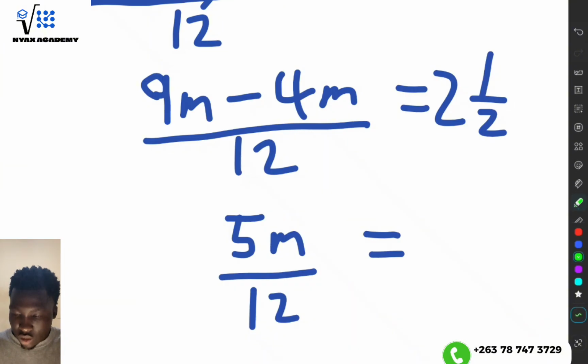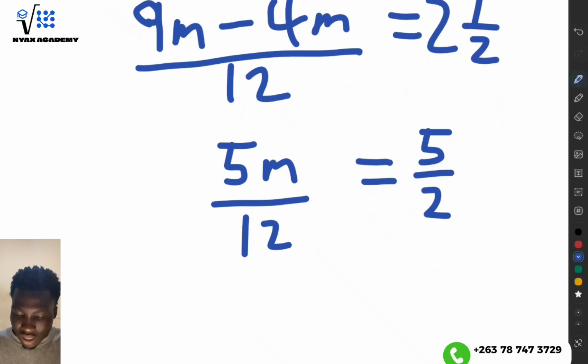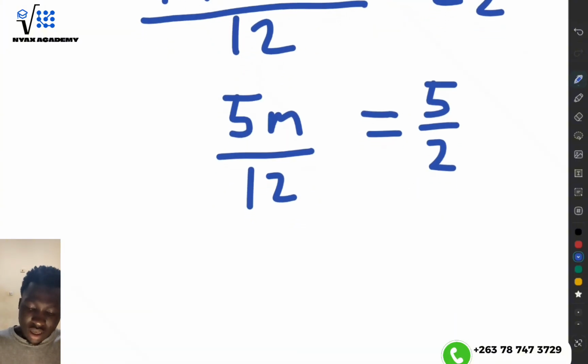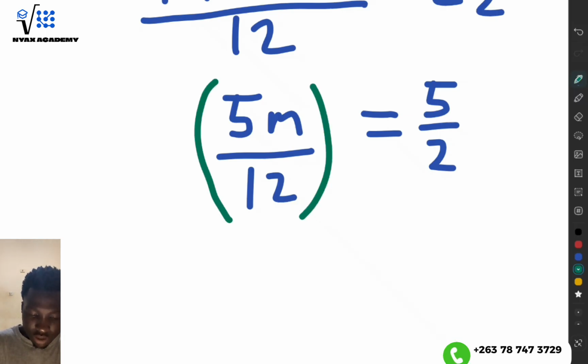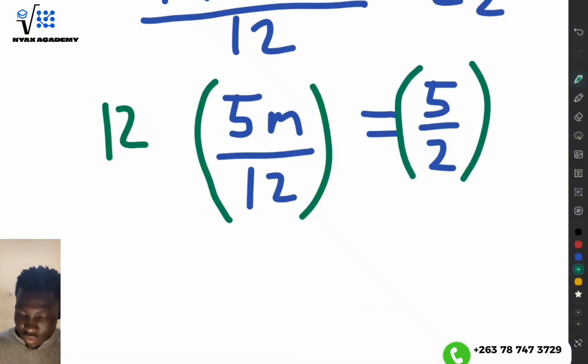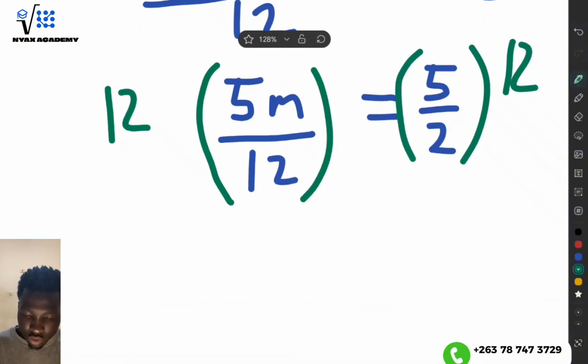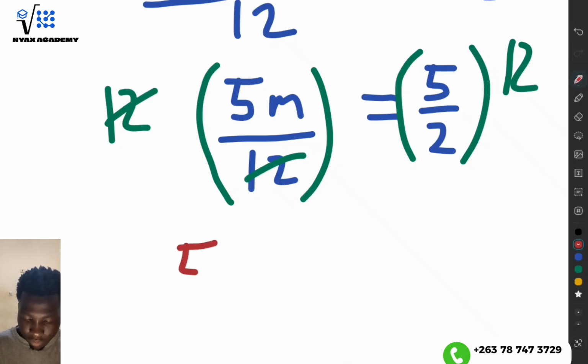So how do we change this into an improper fraction? We're going to multiply 2 times 2, which is 4, plus 1 is 5, so 5 over 2 is the improper fraction. Then we need to make m the subject, and so we multiply by the denominator of this fraction on both sides, the left hand side and the right hand side. So 12 into 12 is 1, and 12 into 12 is 1, and we remain with 5m is equal to